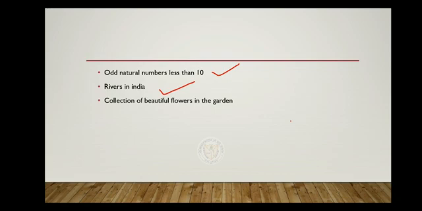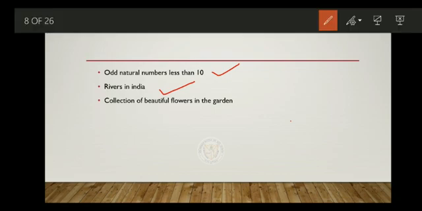But some other person may not consider jasmine as a beautiful flower. And if a flower is given, there will be confusion whether that flower is a beautiful flower or not. So, collection of beautiful flowers in the garden is not a well-defined collection. So, this collection is not a set.